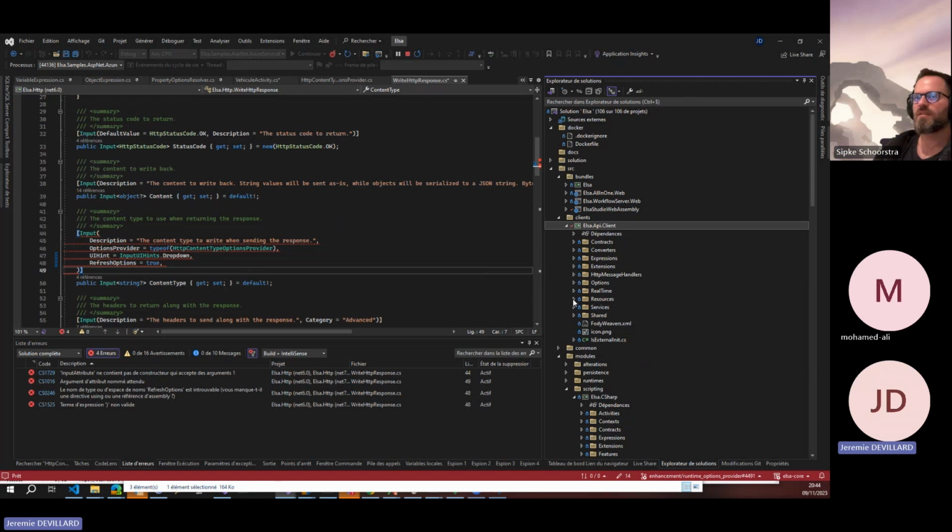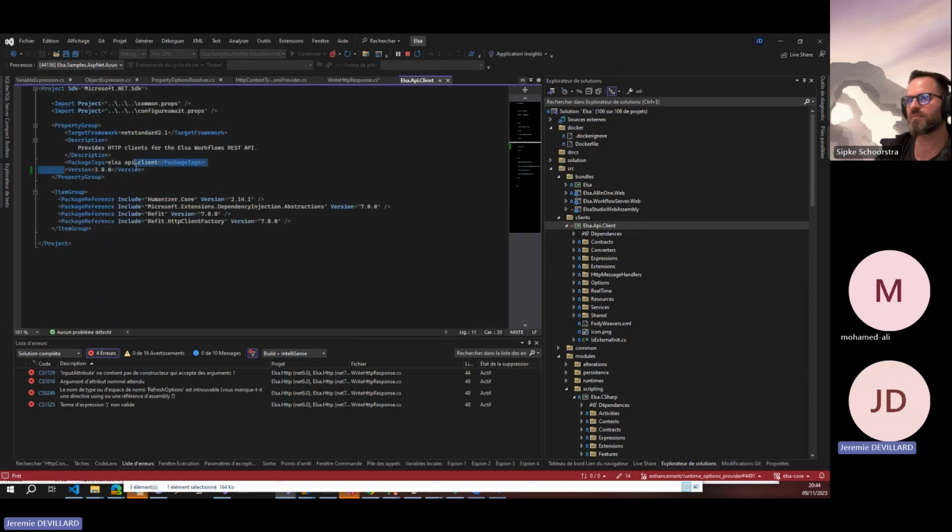I have just changed the project. I have changed the version to be able to use it in the UI and test before releasing anything in the server side. But